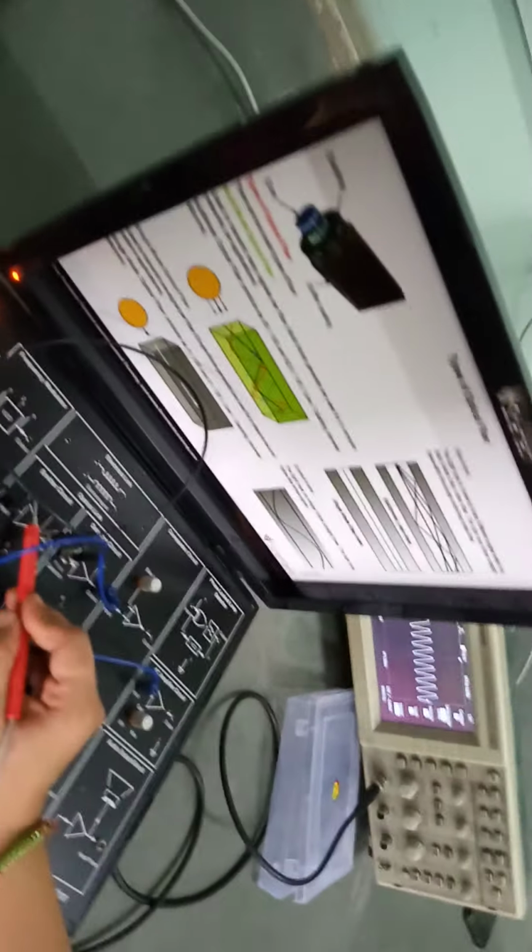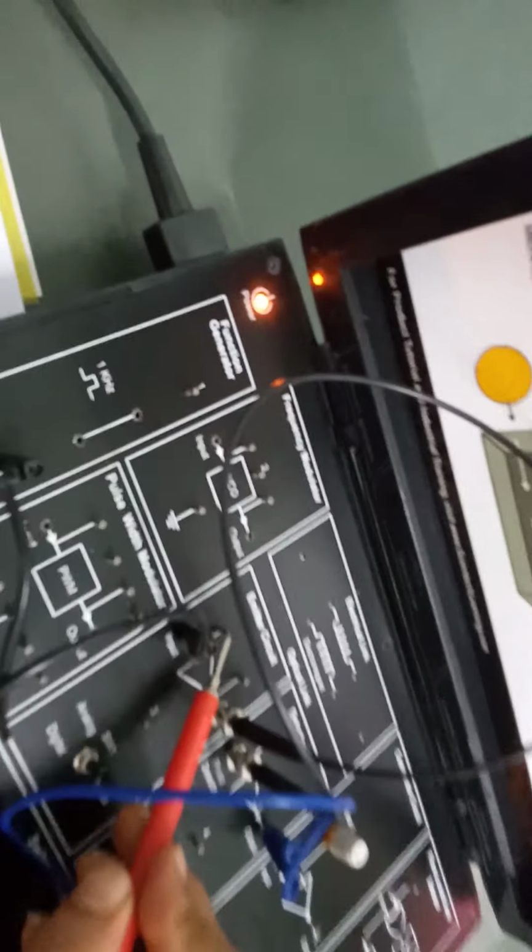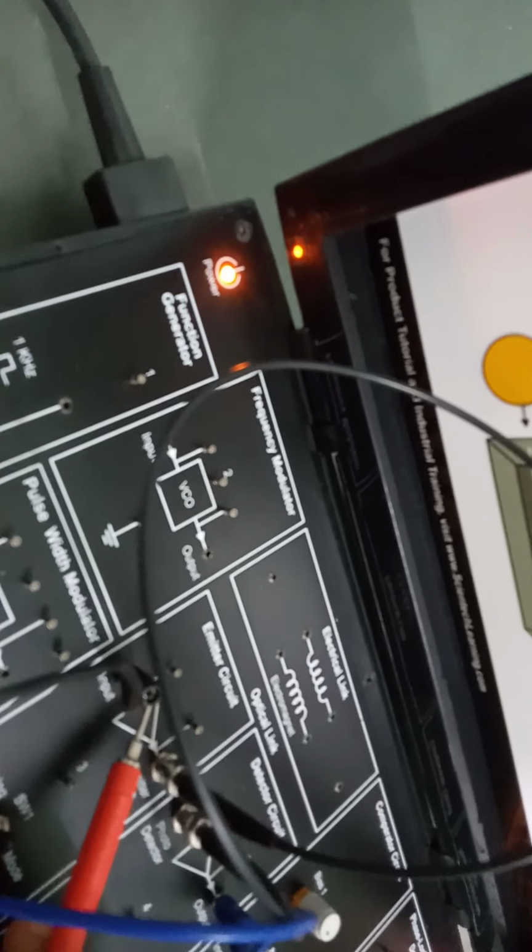So let's see, this is the input section which we are checking. This is our input, as we have shown you. Now we are checking through the emitter circuit. Whatever input we get in the emitter circuit, so now I am checking the emitter circuit. I will take the output of this emitter circuit. Show me the input of the emitter circuit. So this is the input of the emitter circuit which we have given.